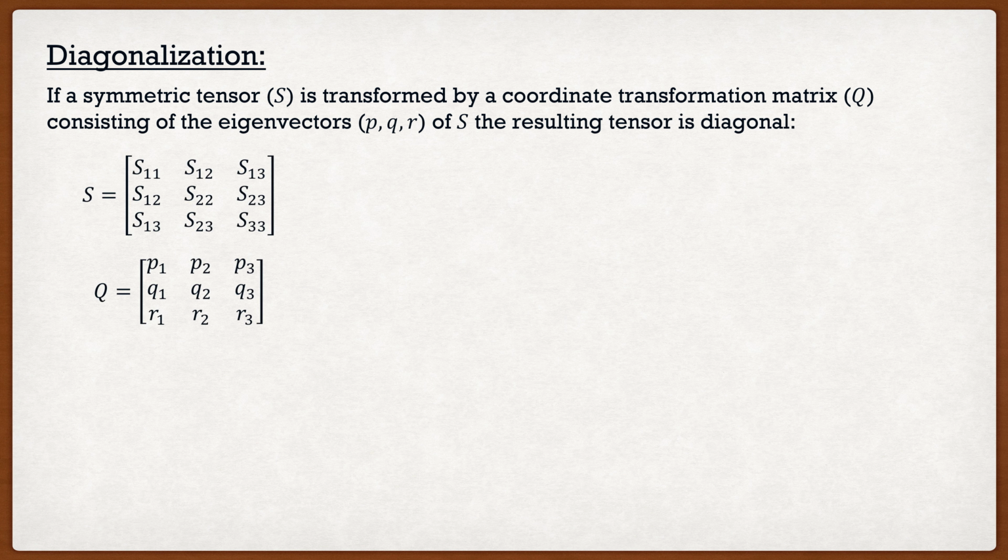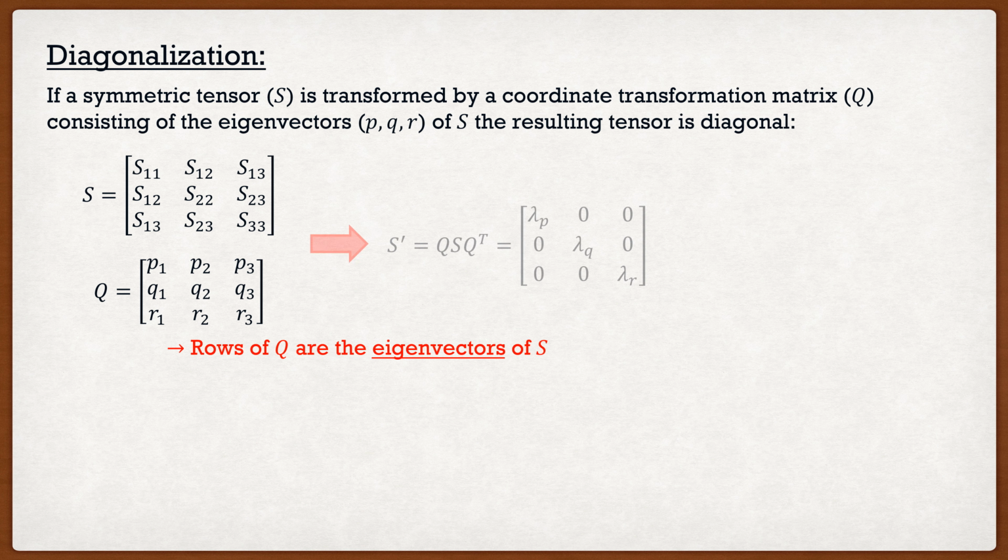Well, let's say that we have a symmetric tensor S. If we look at the components, we see that S12 is the same as S21. So we have a matrix S that is symmetric, and we have a coordinate transformation matrix Q, where the rows of Q are the eigenvectors of S. The first eigenvector, P1, P2, P3, is the first row of Q. Now, what makes this so special is if we do a coordinate transformation of S by this transformation matrix Q, so S prime is equal to Q S Q transpose,